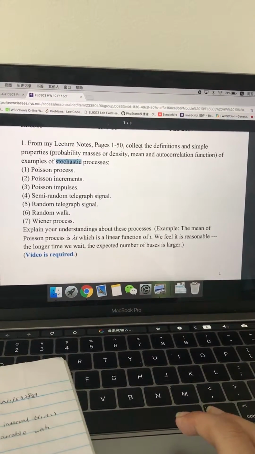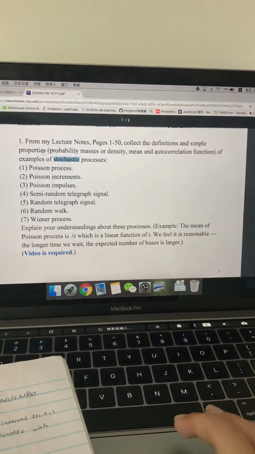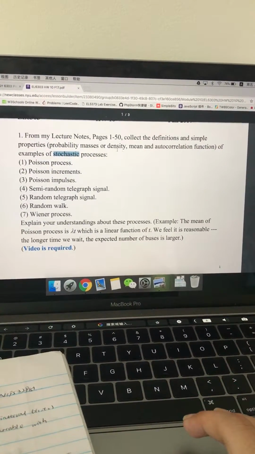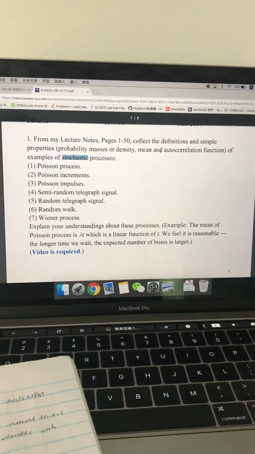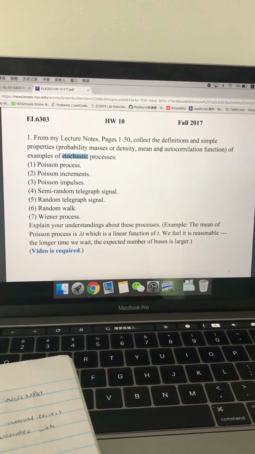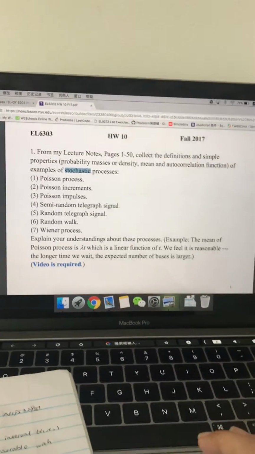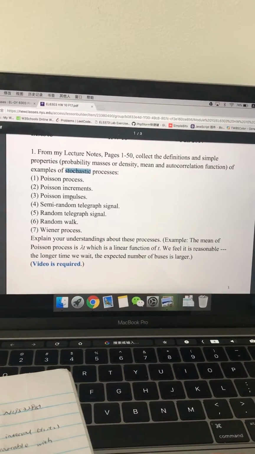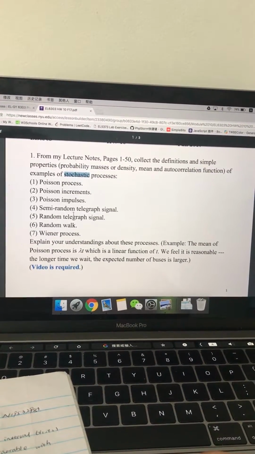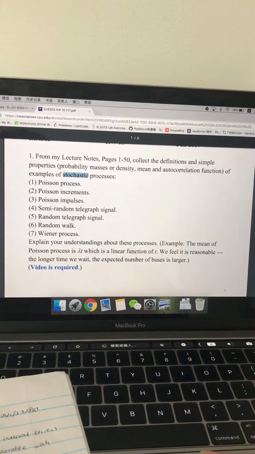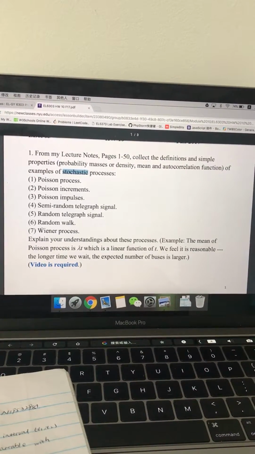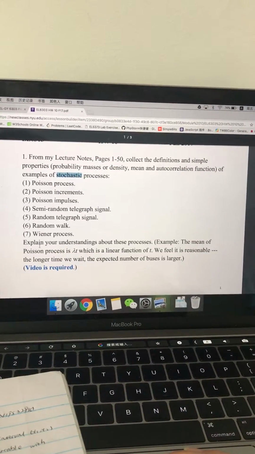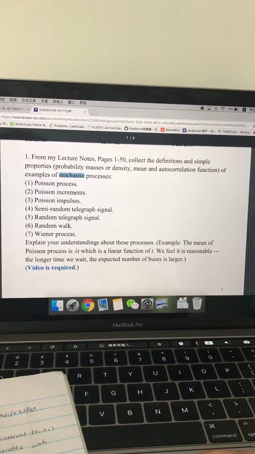We have to collect the definitions and sample properties, like probability masses and/or density, mean, and autocorrelation function, of the examples of stochastic processes. The first one is the Poisson process, then Poisson increment, Poisson impulses, semi-random telegraph signal, random telegraph signal, random walk, and the Wiener process. We also need to explain our understanding of the processes. So let's see, the first process is